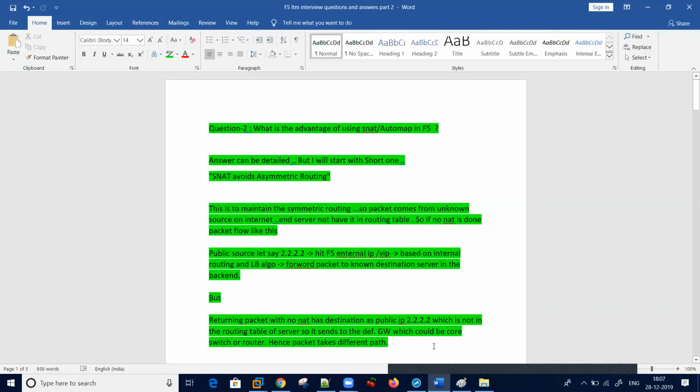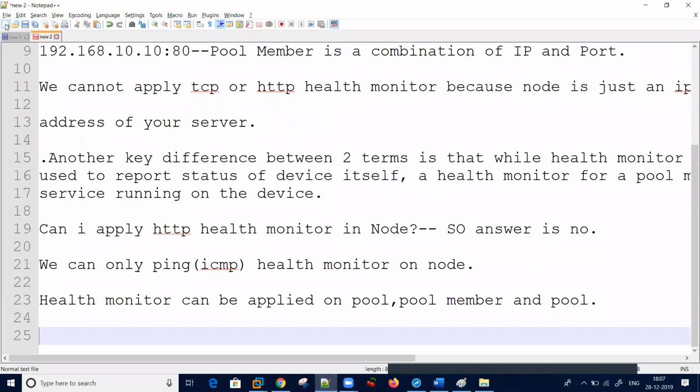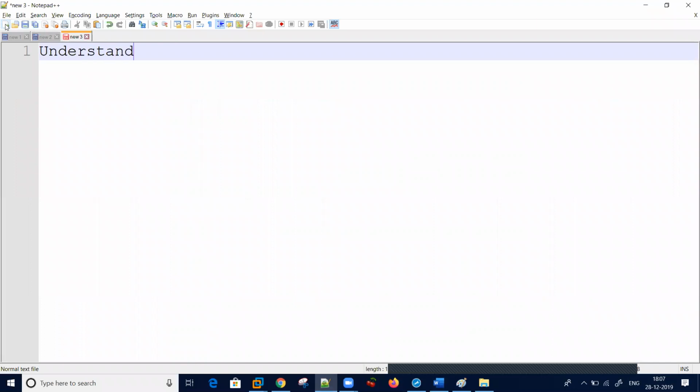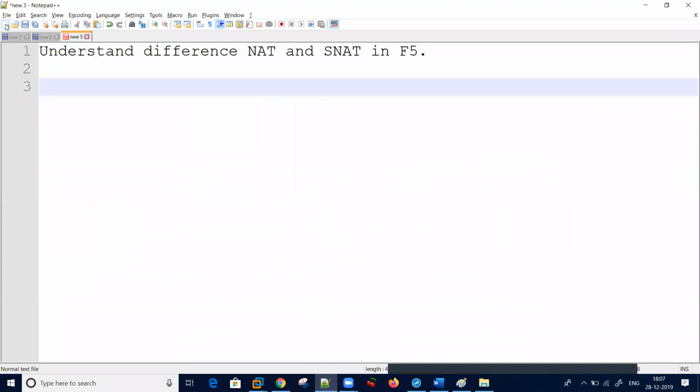Before that, I want you to understand the difference between NAT and SNAT in F5. Virtual servers are not the only objects that can listen to traffic, NAT and SNAT can also. That is one important point. So what is NAT? NAT is basically a one-to-one mapping between two IP addresses